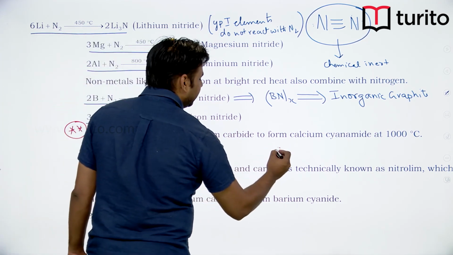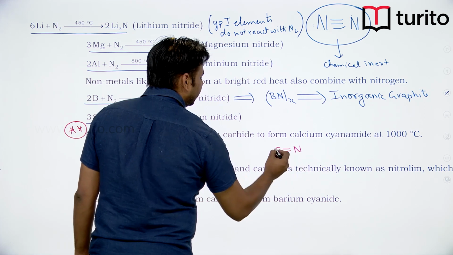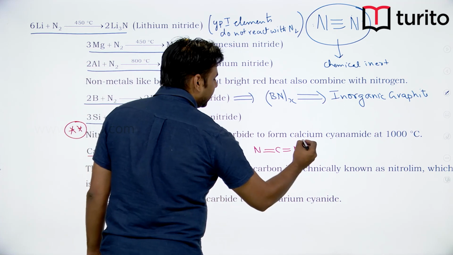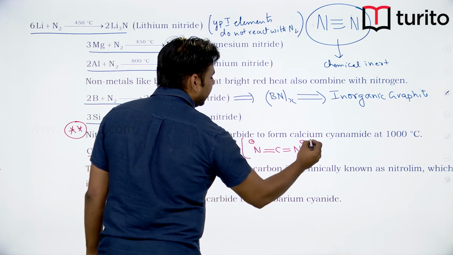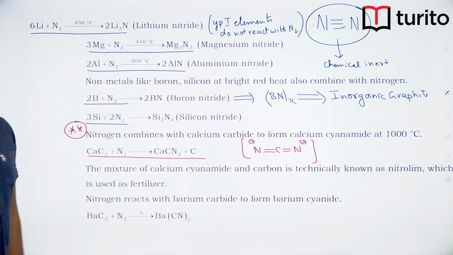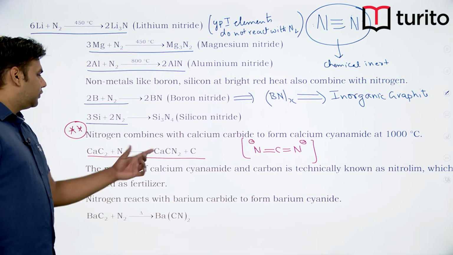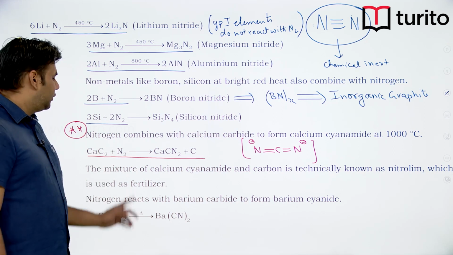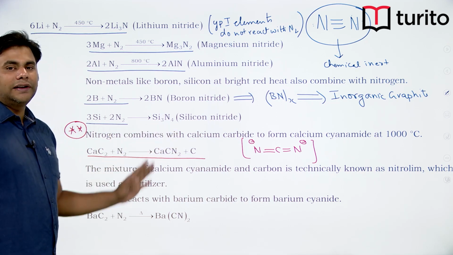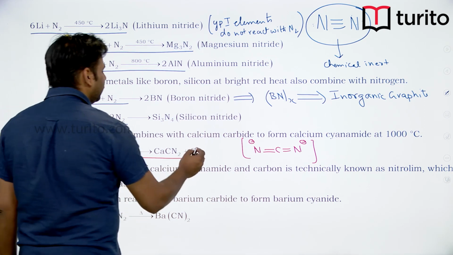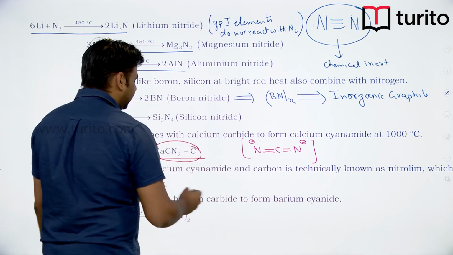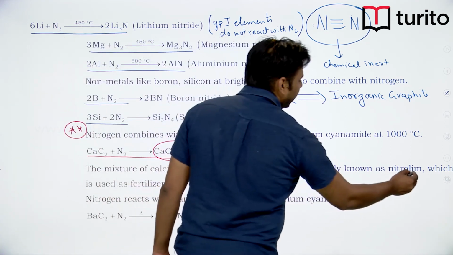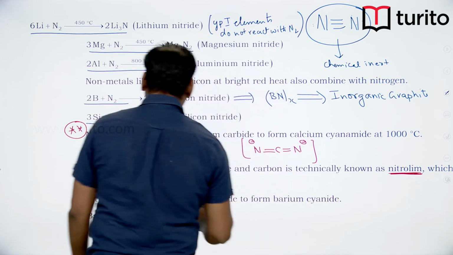Calcium cyanamide is basically CN2 2 negative, the structure is something like this, and the calcium is ionically attached to the nitrogen containing the negative charge. So, this is the structure of cyanamide. When you heat calcium carbide with nitrogen, you form CaCN2 plus carbon. Now this mixture is also known as nitrolim. You can see that the mixture of calcium cyanamide and carbon is technically known as nitrolim, which is also a